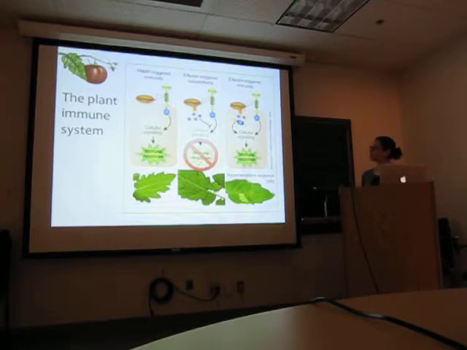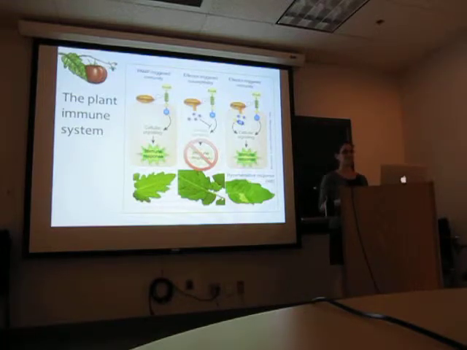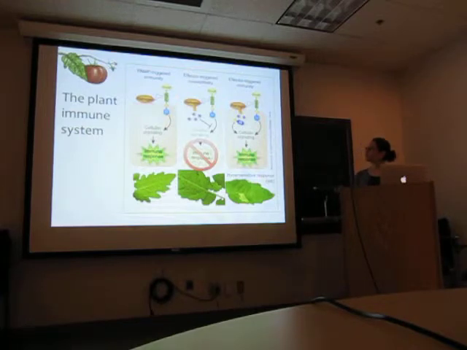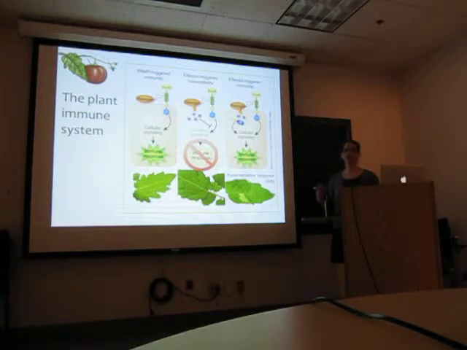But the plant has a way to recognize these foreign invaders using what we call PRRs, or pattern recognition receptors. And these recognize conserved molecules that are common to large groups of microbes, like flagellin, shown here, or for a fungal pathogen, there are receptors that recognize chitin. And these molecules are called PAMPs, or pathogen-associated molecular patterns. So we consider this PAMP-triggered immunity. So there's an extracellular domain recognizing the flagellin, and an intracellular domain that initiates the signaling pathway, resulting in an immune response. And you can see we have a nice, healthy leaf, and the bacteria are not able to grow